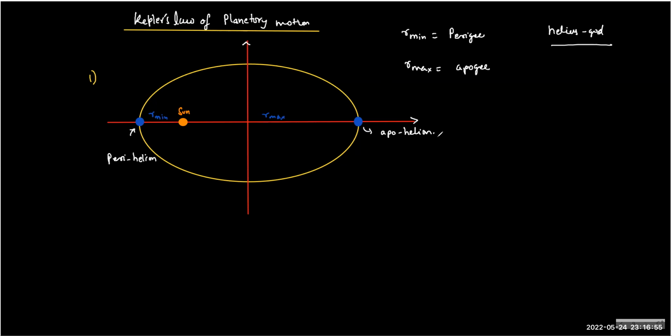So humankind has been able to observe the minimum separation and the maximum separation, and then comes the ellipse. So we have something called the semi major axis, and the semi major axis is half of the big axis, right? Yes. So this we call semi major axis, and this we call semi minor axis.